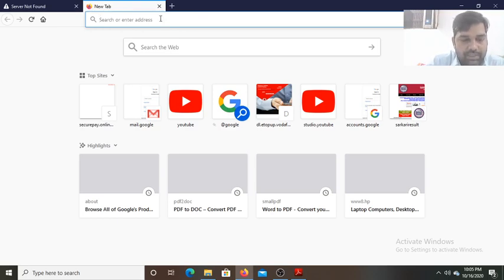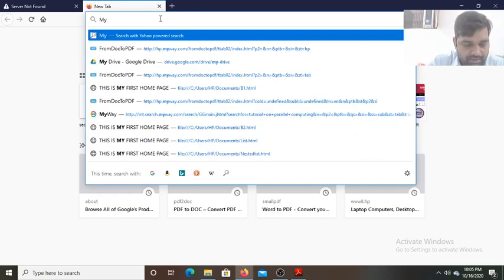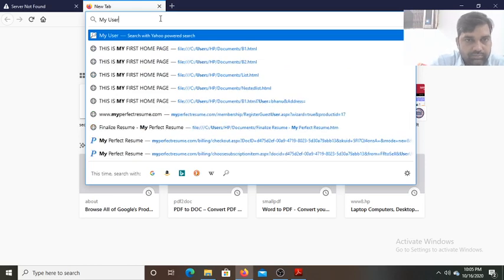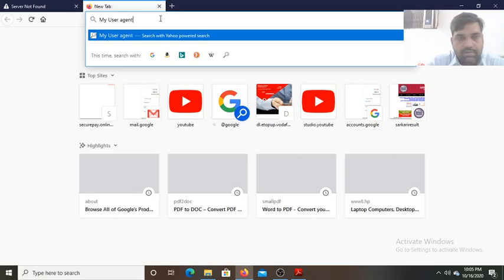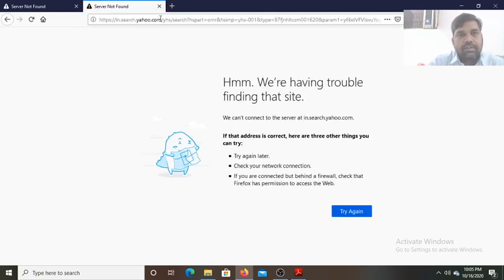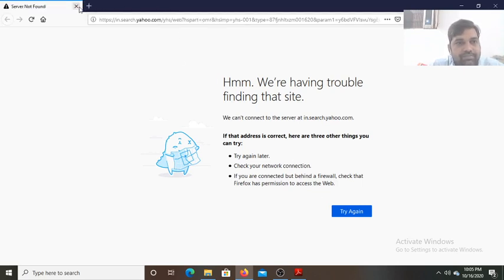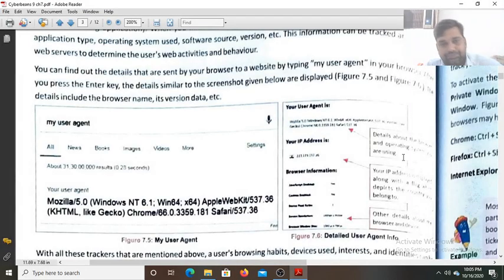So what we have to write: my user agent. The internet connection is not there. Okay, next time we'll see. Internet connection is required for that, then we will get the information.